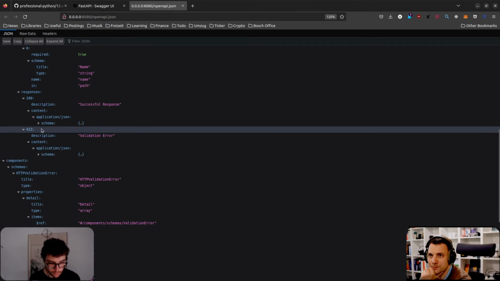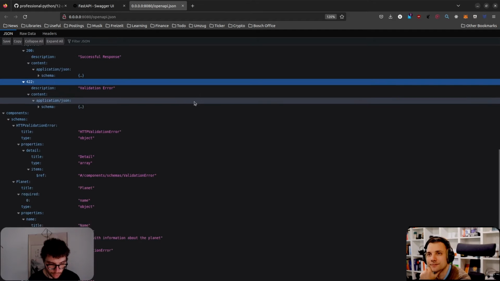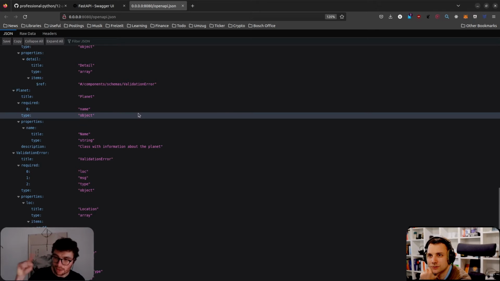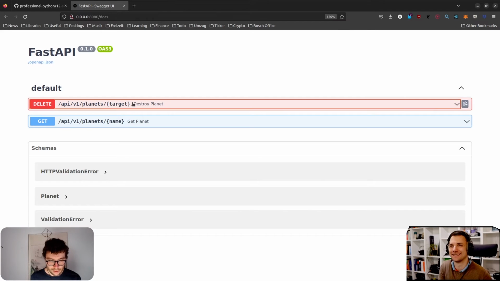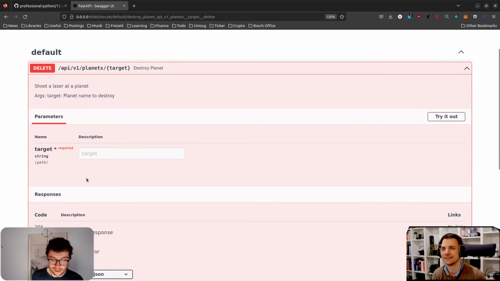It tells you the error codes which you have in your code. And the most amazing part is usually you do that manually, but FastAPI creates all of this automatically for you. Okay. Yeah, that is absolutely ridiculous. That's why I love FastAPI so much. You just write the API and then you get the documentation for free. And it's helpful, always up to date.